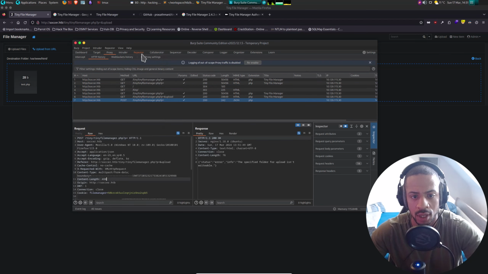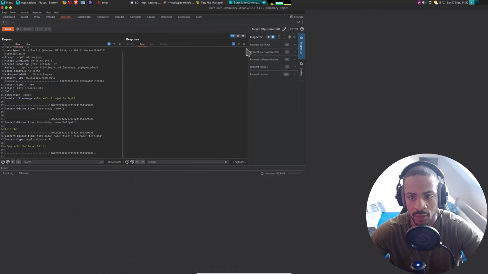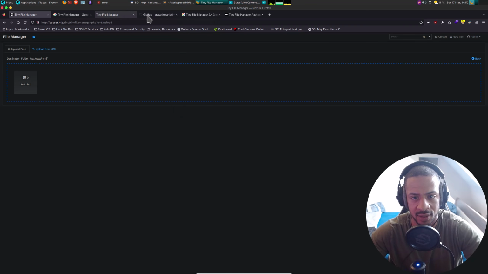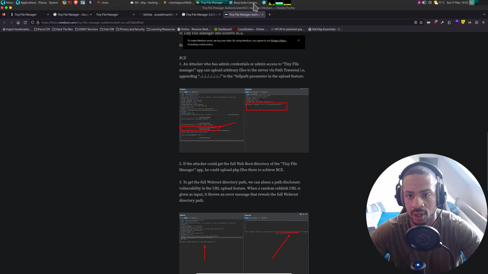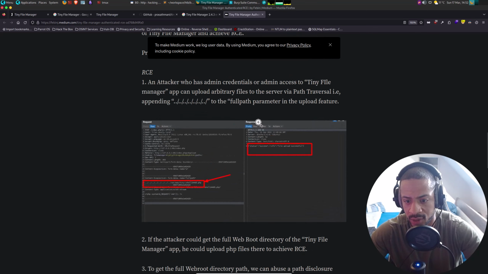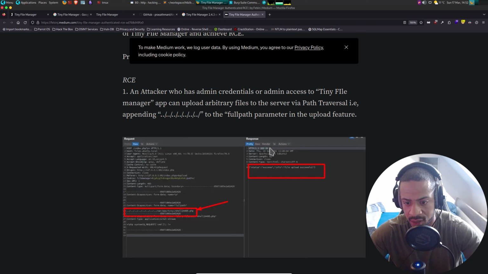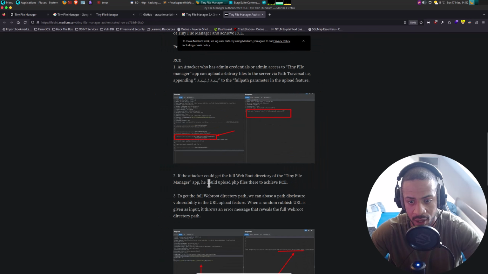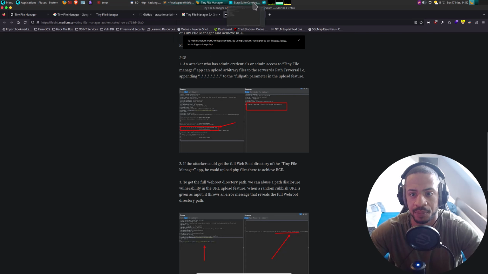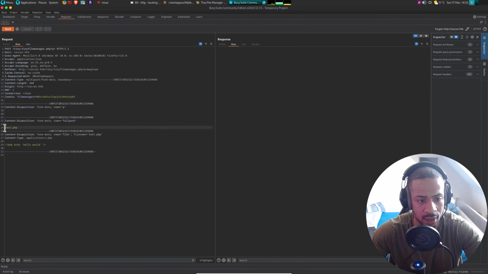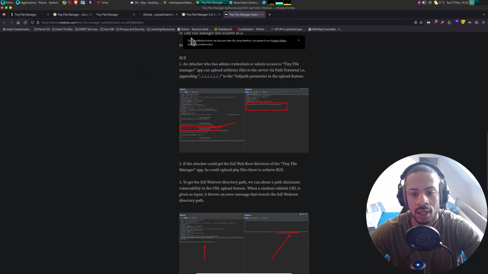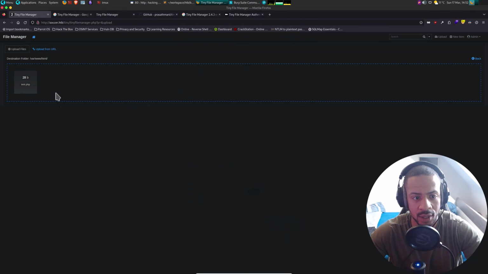Post. Let's go here. And there we have this page. Okay. Let's zoom into that a bit. Status success if we do the path traversal into var tiny / shell. Okay. So let's try that. Let's go here.